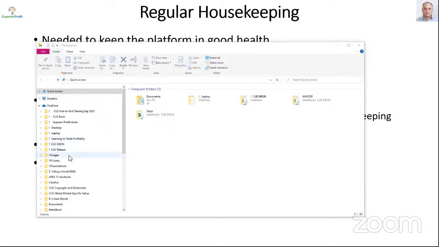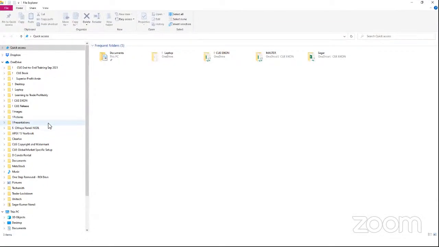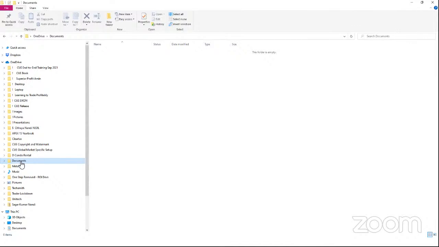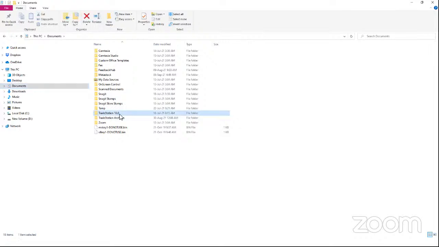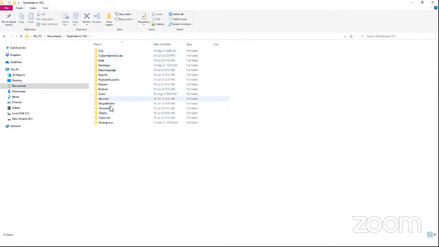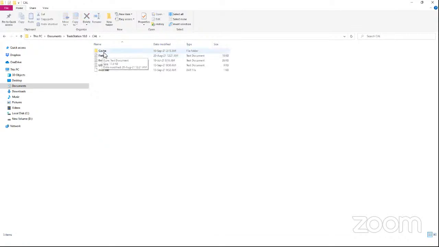In TradeStation 10, things are different from older version 9.5. TradeStation 10 is the preferred version, the up-to-date version. All the components are under documents, not OneDrive documents, under documents and TradeStation 10, this folder. It has a folder structure. I may refer to some other elements of this folder structure later, but I will show you the cache folder. This is the folder that stores the data files